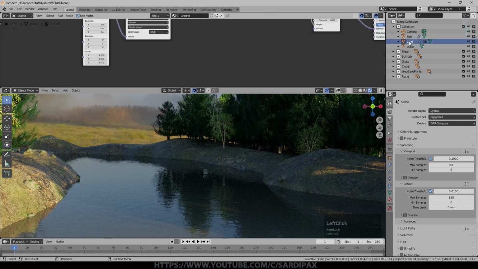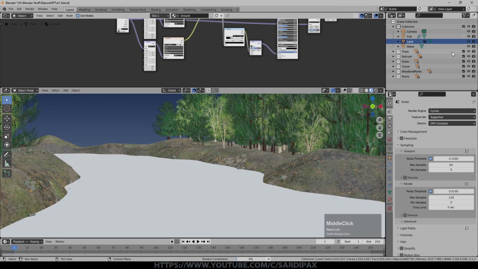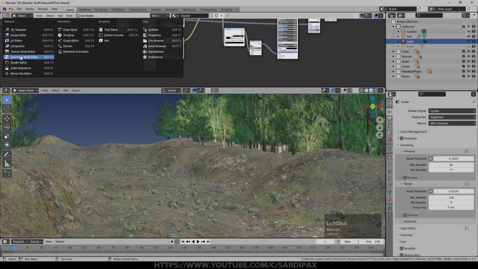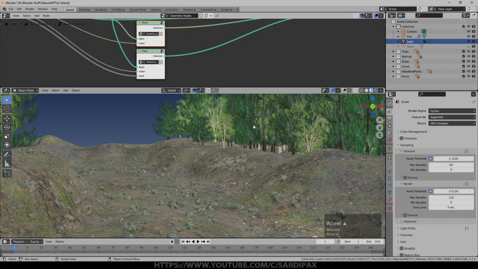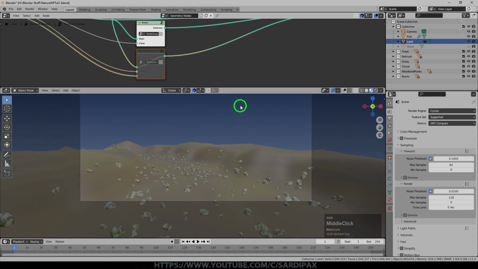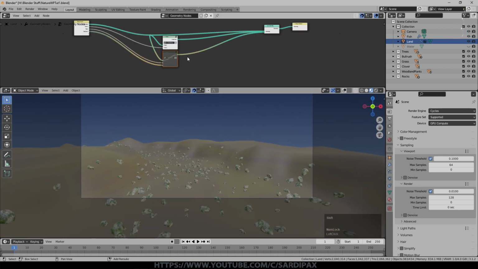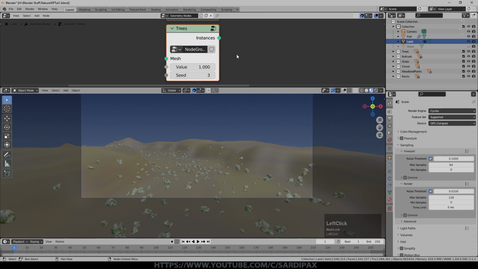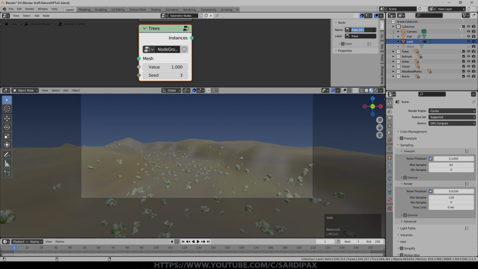So I'll select the landscape again, we'll go back to the non-rendered version of the scene. I'm going to hide the water again, and we'll go to the geometry node editor again. I haven't got too many rocks in the scene, so I'll leave them in, but I'm going to mute the trees just so that things work a little more quickly. I'm going to duplicate the trees, unmute it, and obviously click that little 2, and we'll call this one grass.